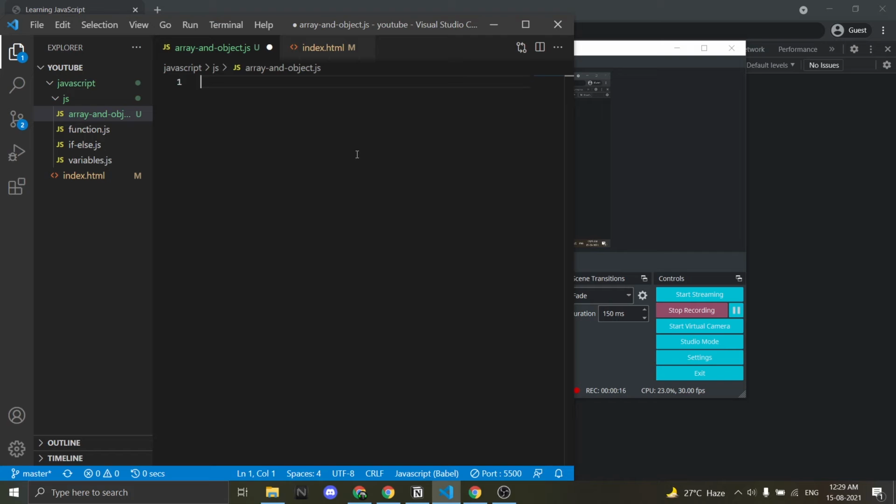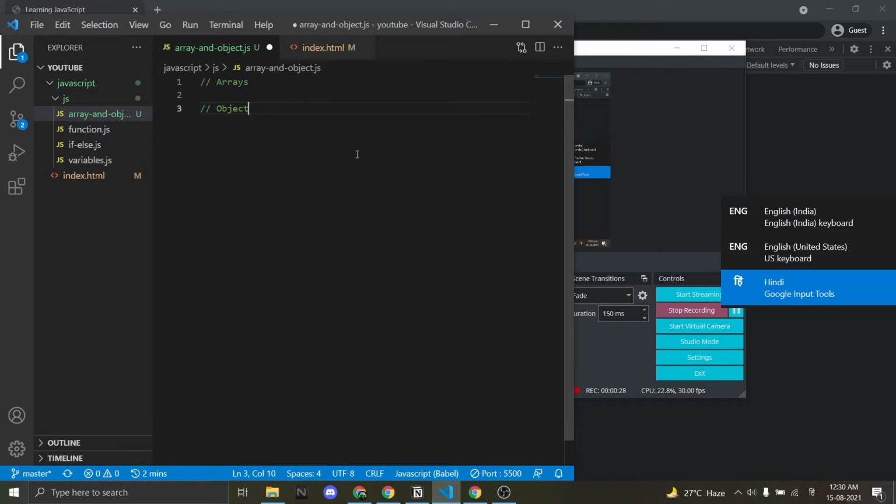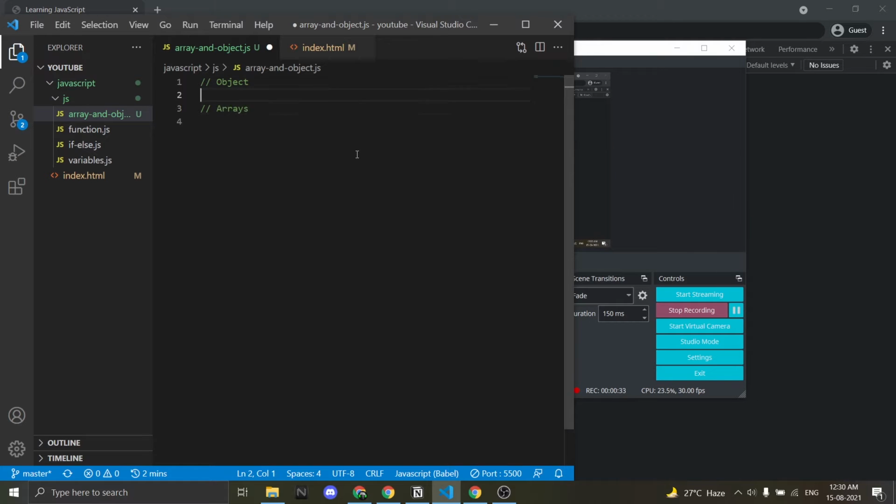Hello everyone, today we will be learning about arrays and objects. So let's make two columns first. First we will be learning about objects. So what are objects? Objects are basically variables,